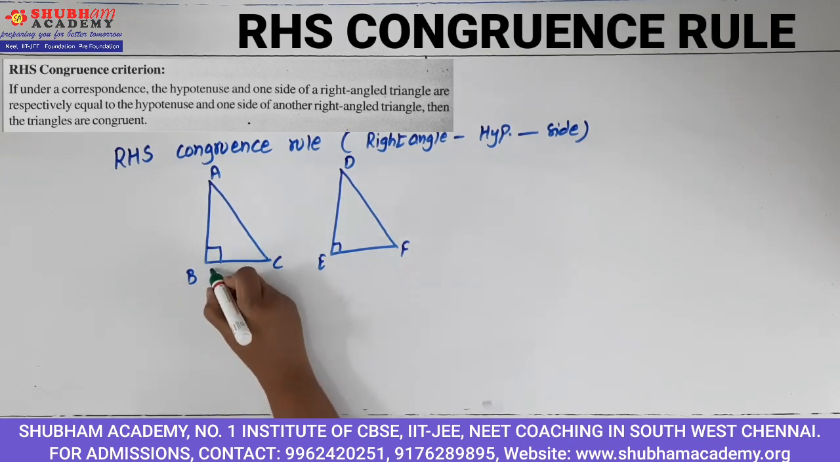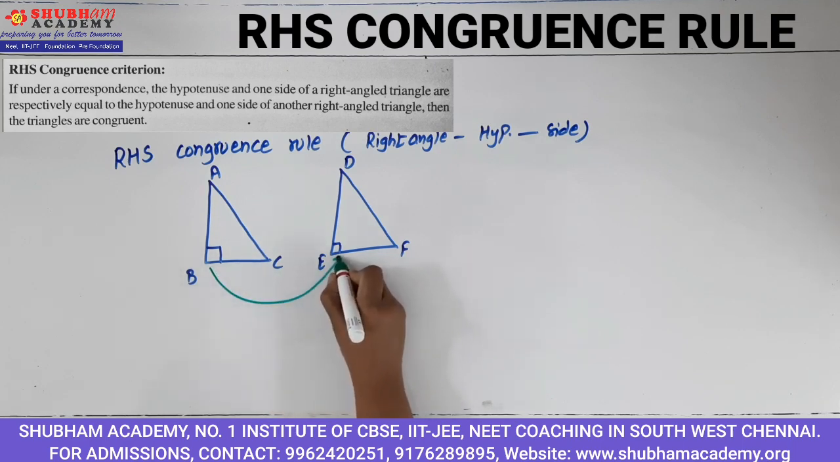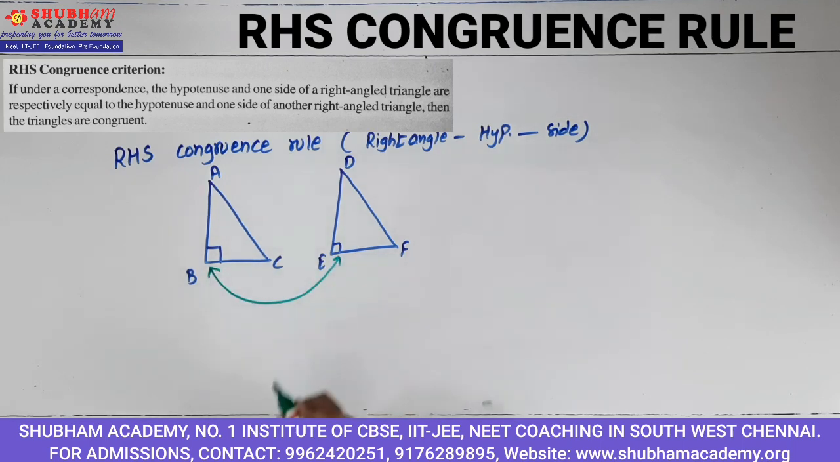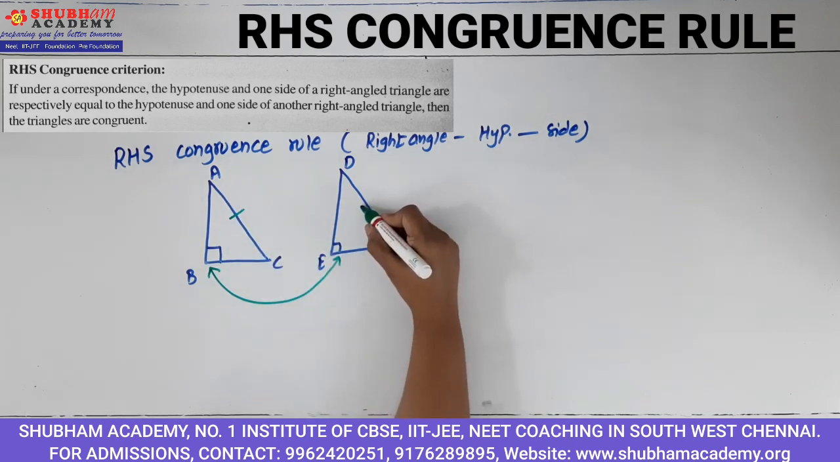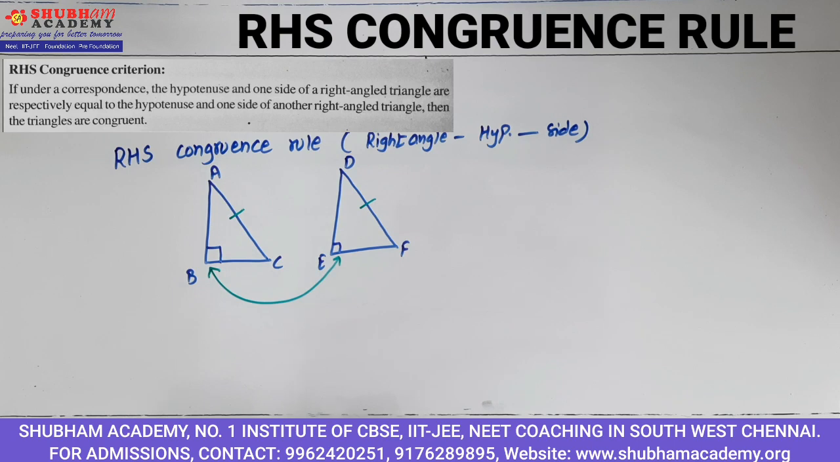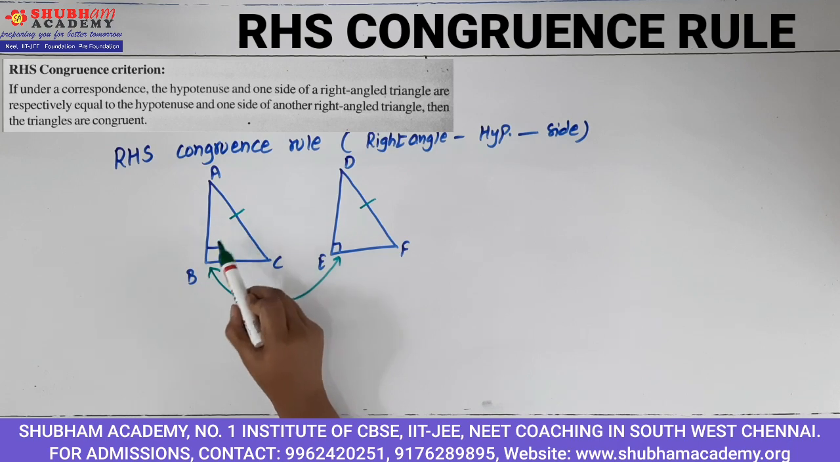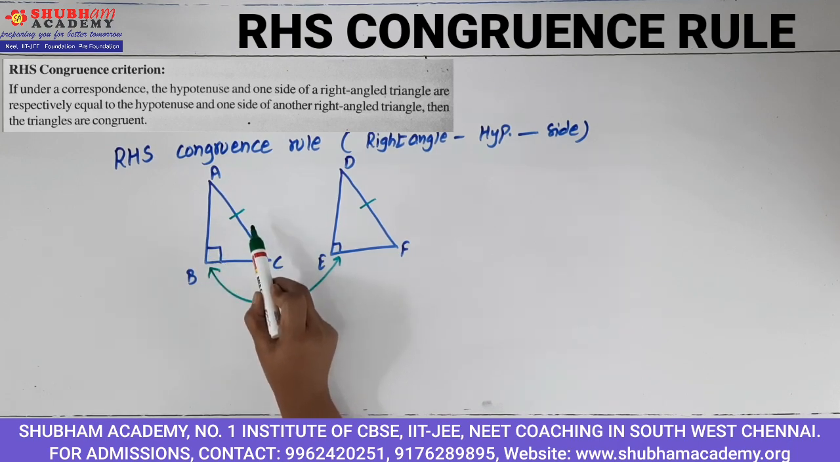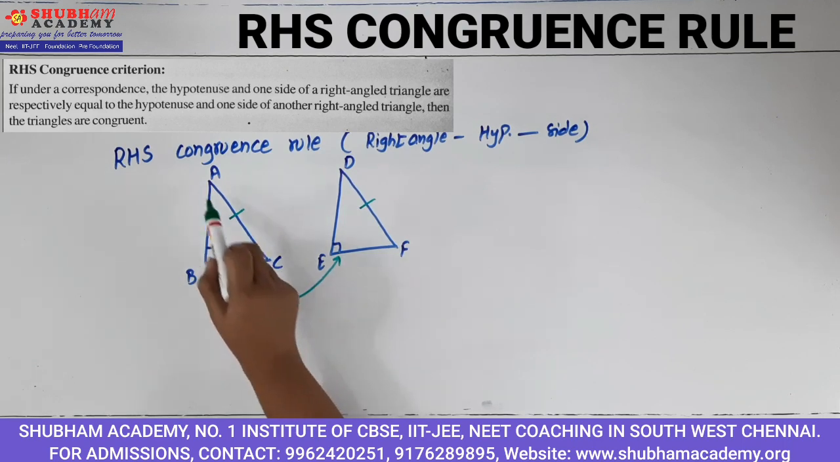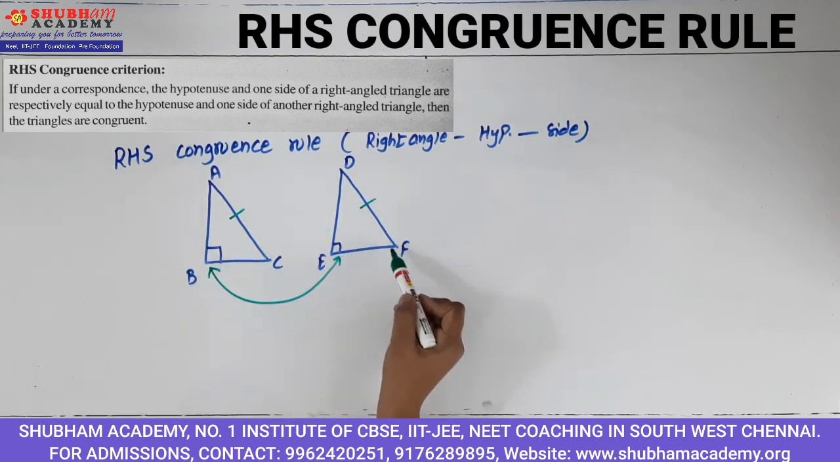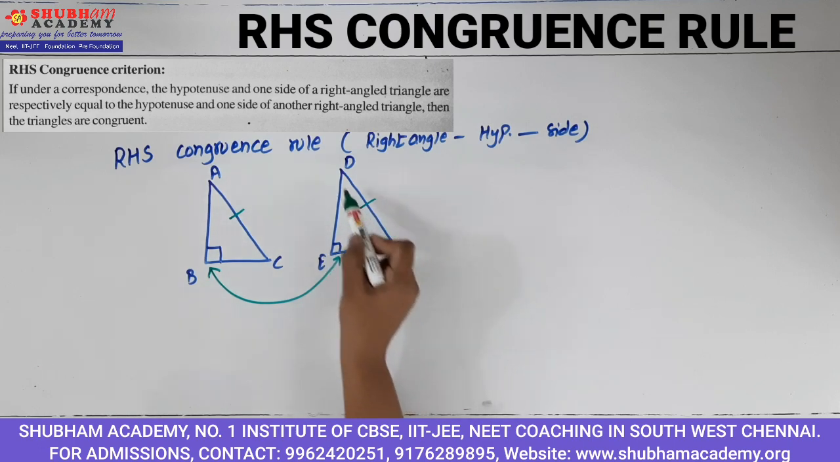We can see here that angle B corresponds to angle E because both are 90°. Then hypotenuse AC should be equal to the corresponding hypotenuse DF of triangle DEF, and always keep in mind children, the side opposite to right angle is the hypotenuse of the triangle under consideration. So here AC is hypotenuse for triangle ABC and DF is the hypotenuse of right angle triangle right angled at